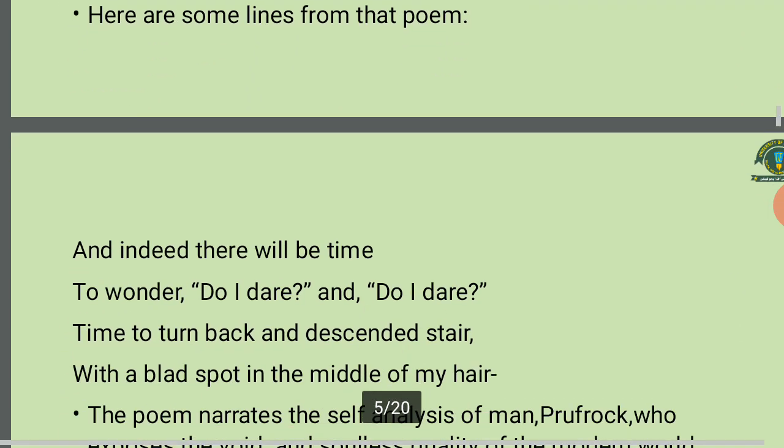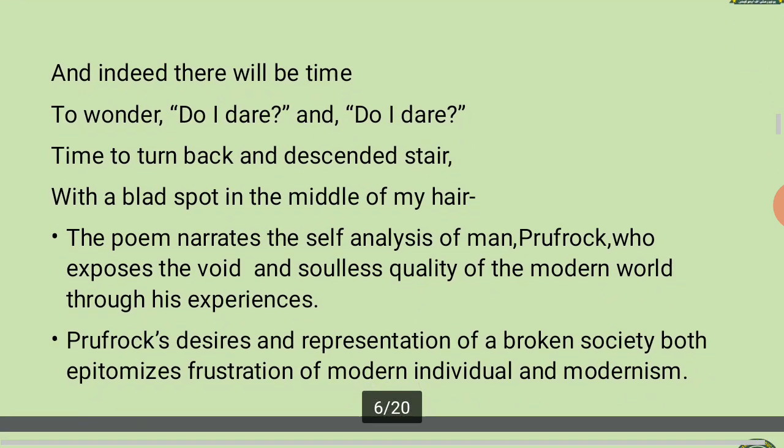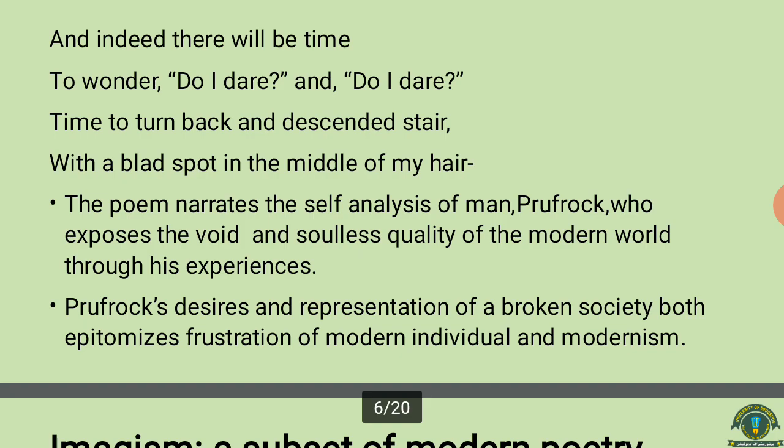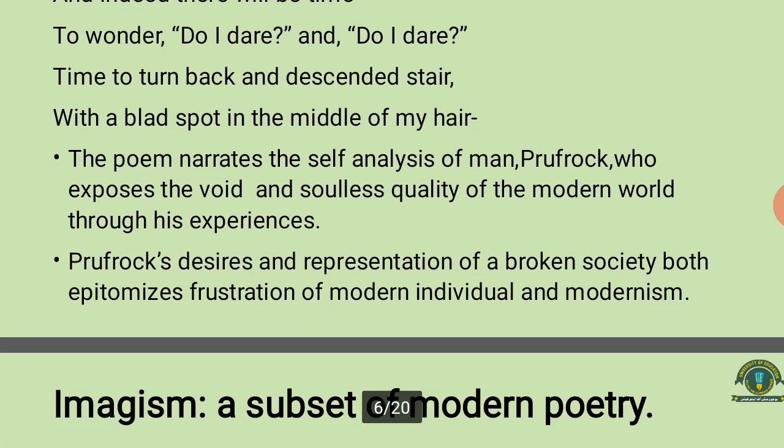So here are some lines from the poem: "Indeed there will be time to wander, and do I dare, time to turn back and descend the stair, with a bald spot in the middle of my hair." The poem narrates the self-analysis of Prufrock, who exposes the void and soulless quality of the modern world